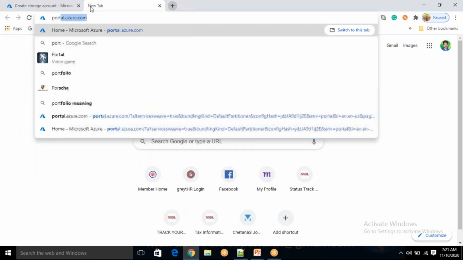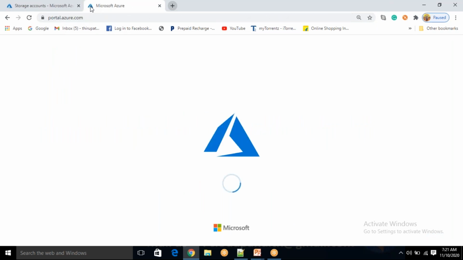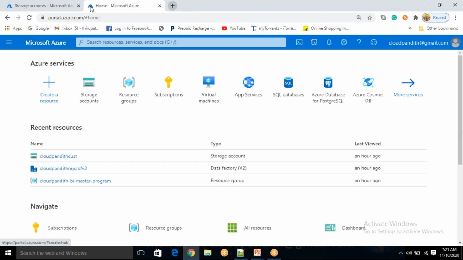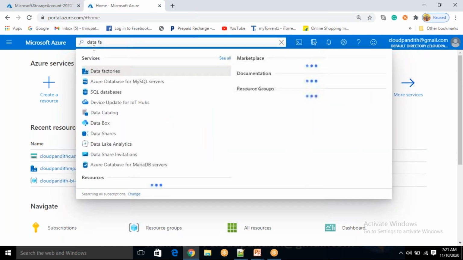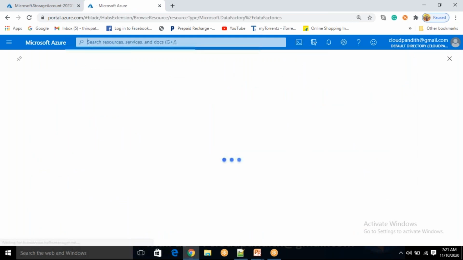We come to the next tab. Let's open the portal here also. Let's click on data factory. Where is data factory? Let's go to data factories. Click on data factory.